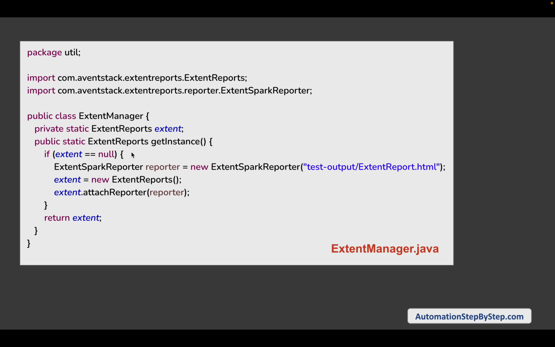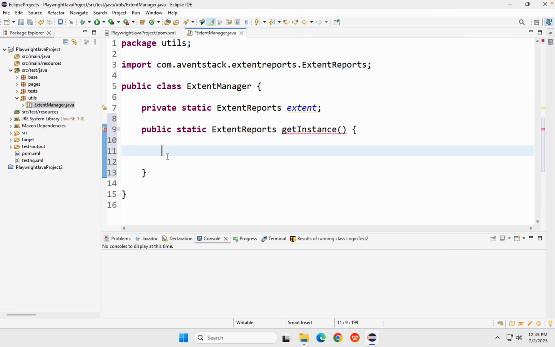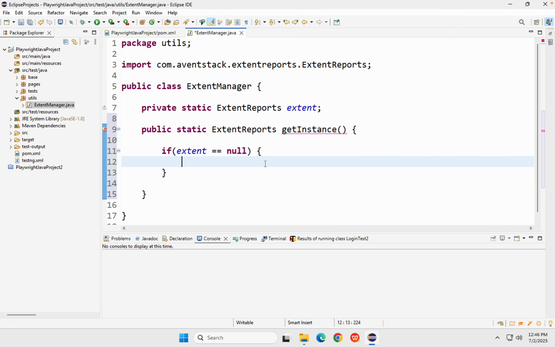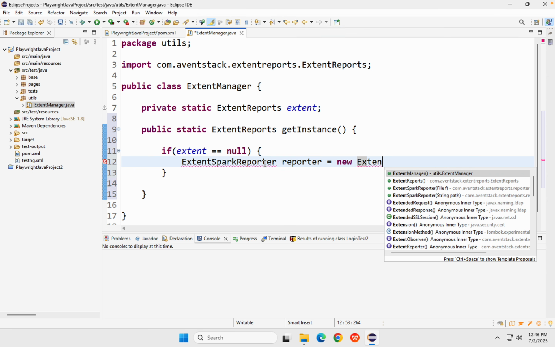So we will say if extent equals null, that means if there is nothing here, then we will create the ExtentSparkReporter. I will call it reporter equals new ExtentSparkReporter. If I press Ctrl plus space at this time, you should see it show me if I